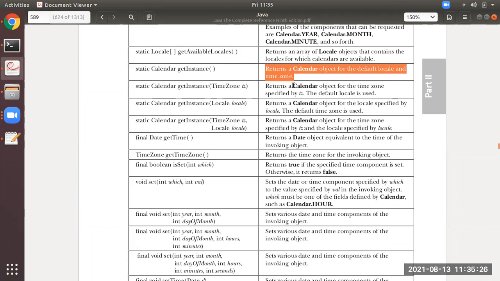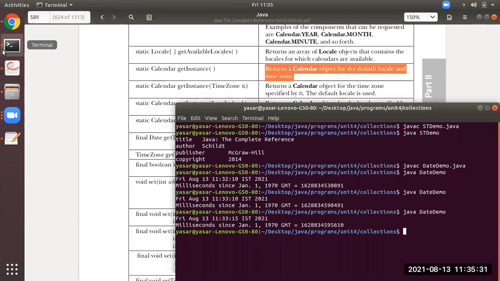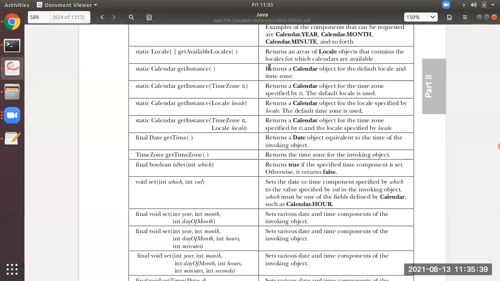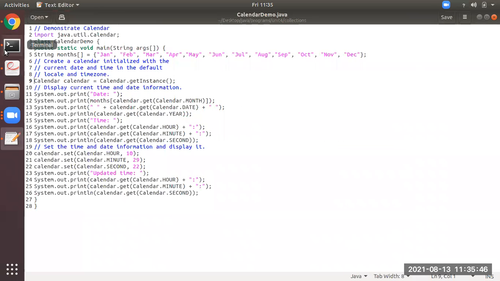I have set up till line 9 now. Try to remember this: getInstance returns the Calendar object for the default locale and time zone.